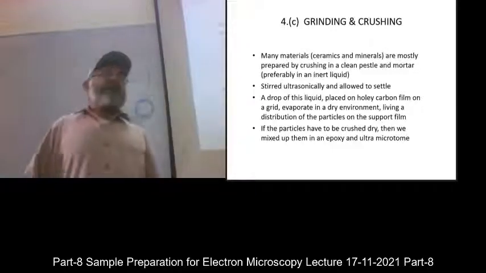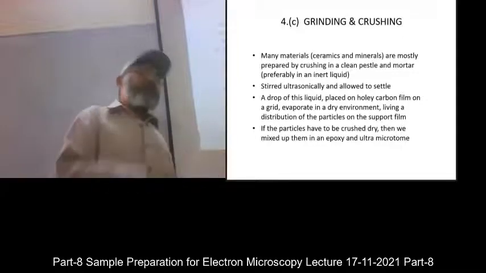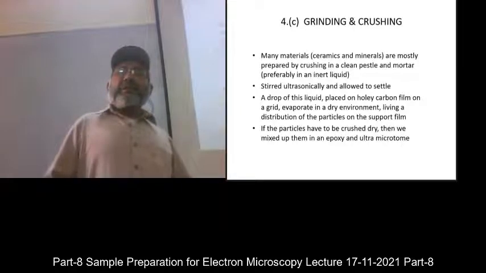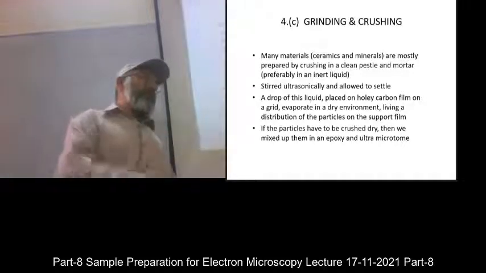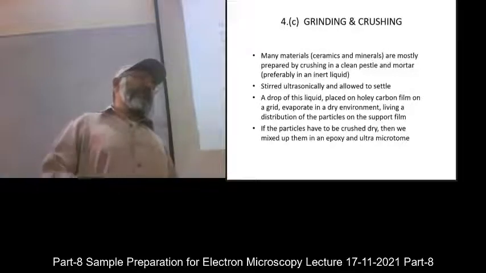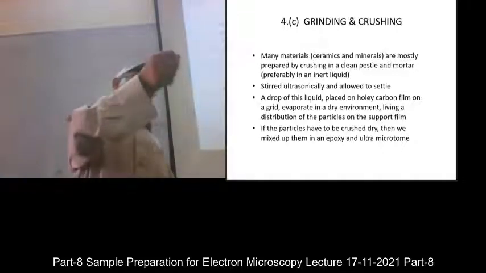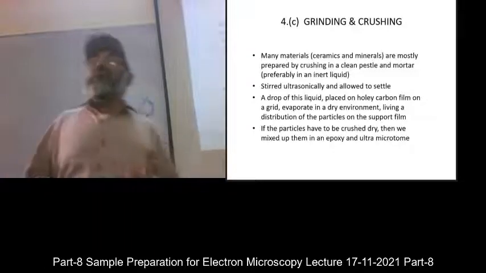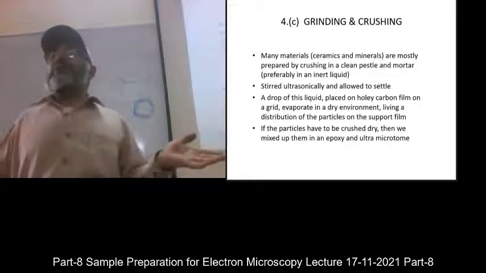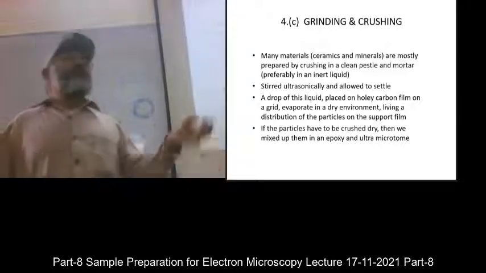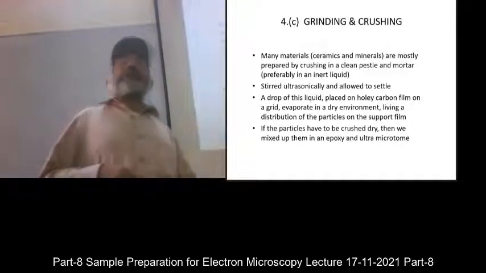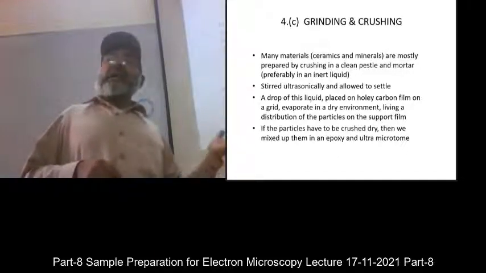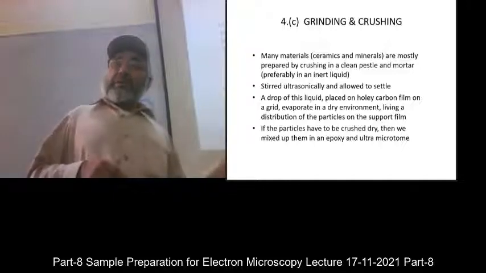You have fine powders of the sample, you put it in the beaker, acetone is there, shake it well, the denser particles will go down, the lighter particles will come up. You can pick a drop from the top and put it on the grid. After 10 minutes it will be dry, and you can take this to the microscope, and if you are fortunate, there will be very fine particles which will be electron transparent, and you can take diffraction patterns and images from there. But